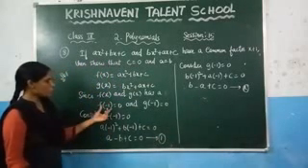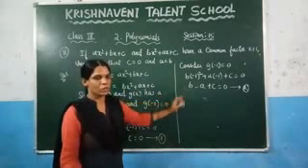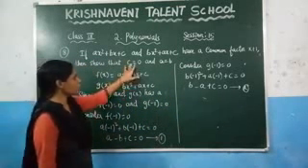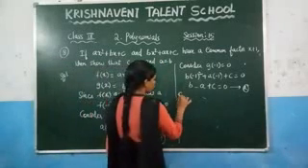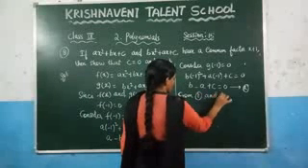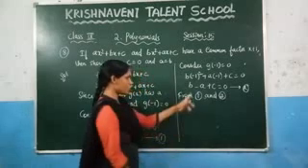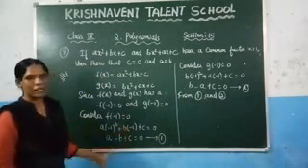Now, based on this condition we got one equation, and based on the other condition we got this equation. Now you need to solve these two equations such that you prove c is equal to 0 and a is equal to b. Now from 1 and 2, you can clearly observe that the RHS parts are equal. Here 0 is there and here also 0 is there. So you can equate the LHS parts.